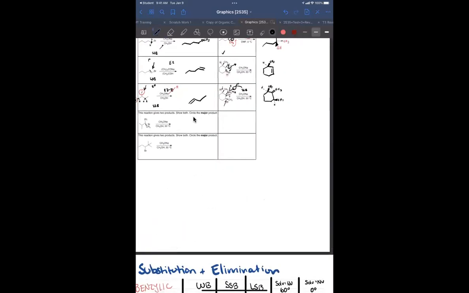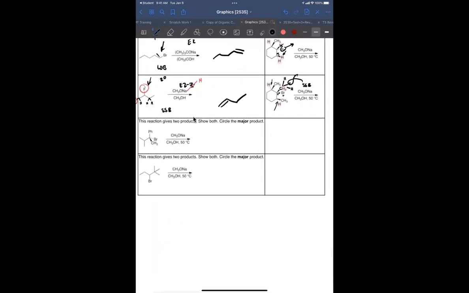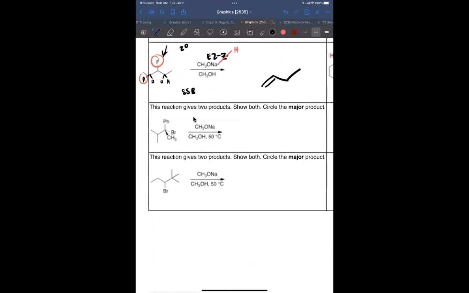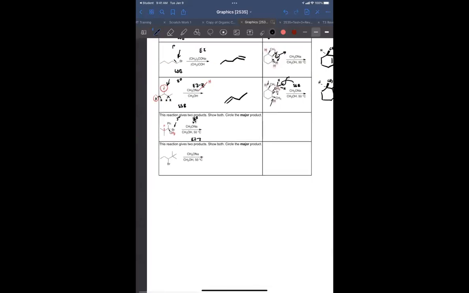So something to note. We might see that in the review session slide. Now right here, we're going to draw two products, show both, and then circle the major product. All right, well, let's take a look. Bromine, that is a tertiary bromine leaving group, and we have a small strong base. So tertiary with a small strong base, well, that's E2 Zaitsev. Well, where can double bonds be formed? Well, this has a beta hydrogen right here and beta hydrogen right here. There's 3 of them. So our 2 products would be,